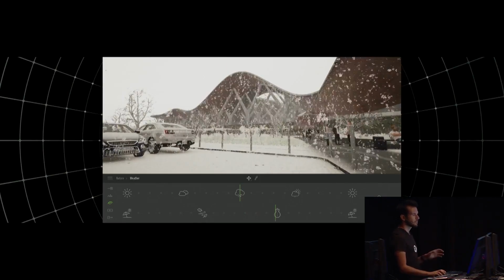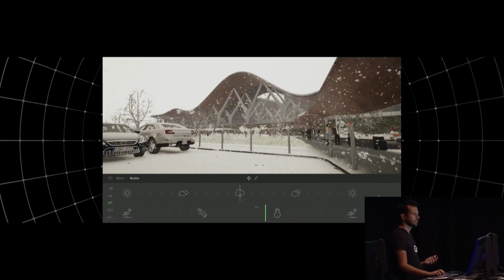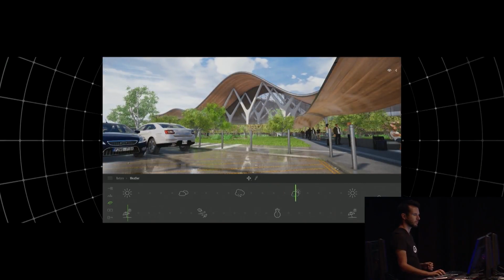There are a lot of features like this one that we had in mind for quite some time, but we weren't able to achieve them with our previous technology. We've been working on Twinmotion for more than 10 years now, and switching to Unreal definitely gives us the power of achieving our vision for the software.